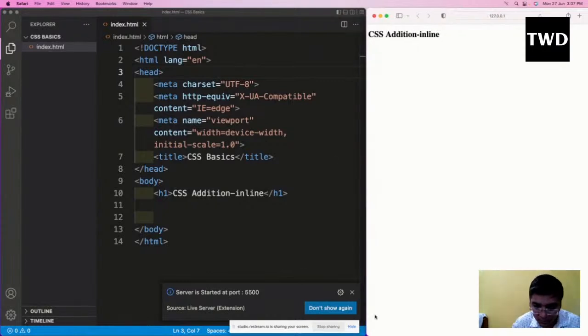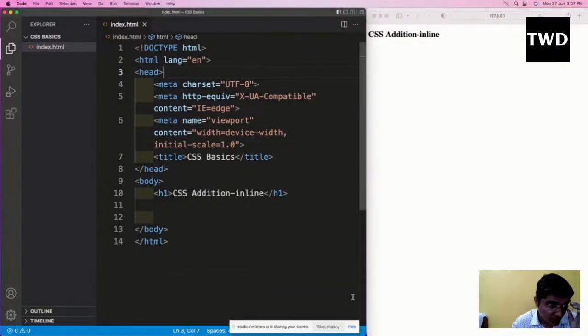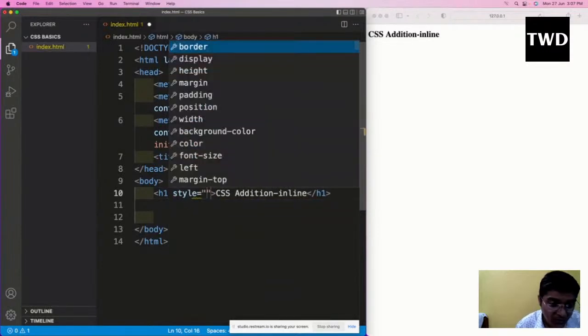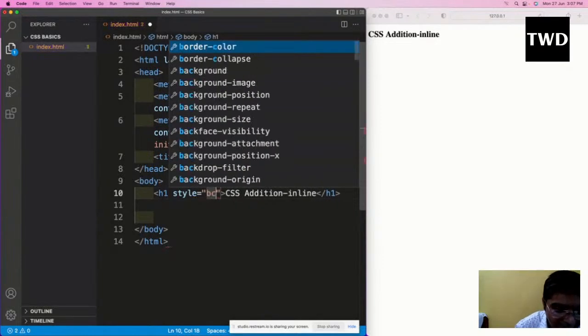See now, perfect. So as you all can see, CSS addition inline. So how will we be doing the inline addition? For this we will use style, and we'll add a style of